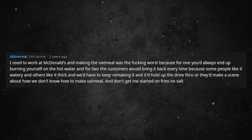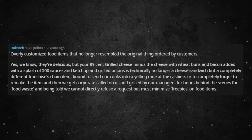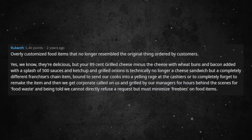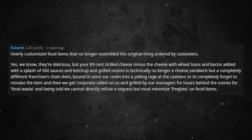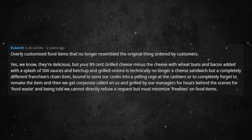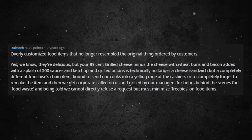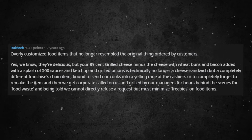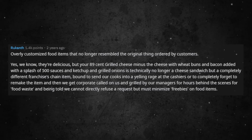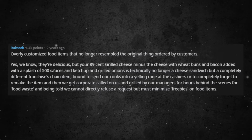And don't get me started on fries, no salt. Overly customized food items that no longer resemble the original thing ordered by customers. Yes, we know, they're delicious, but your 89-cent grilled cheese minus the cheese with wheat buns and bacon added with a splash of 500 sauces and ketchup and grilled onions is technically no longer a cheese sandwich but a completely different franchise's chain item, bound to send our cooks into a yelling rage at the cashiers or to completely forget